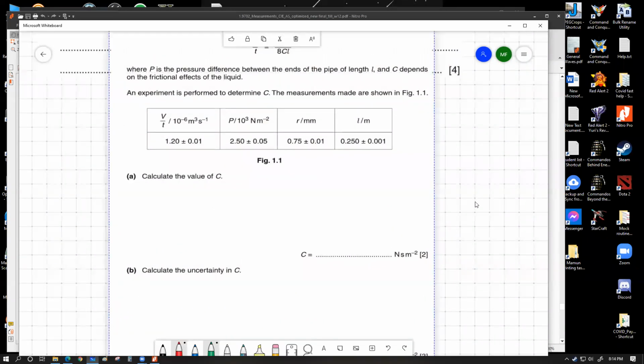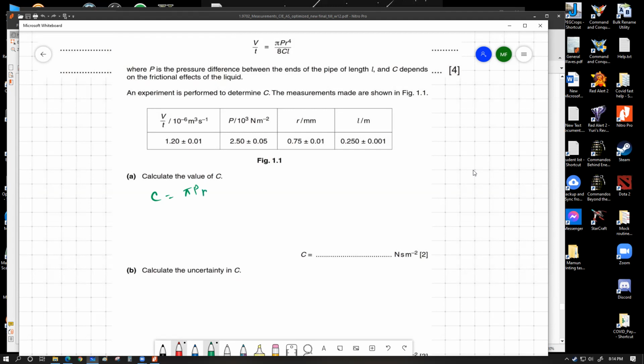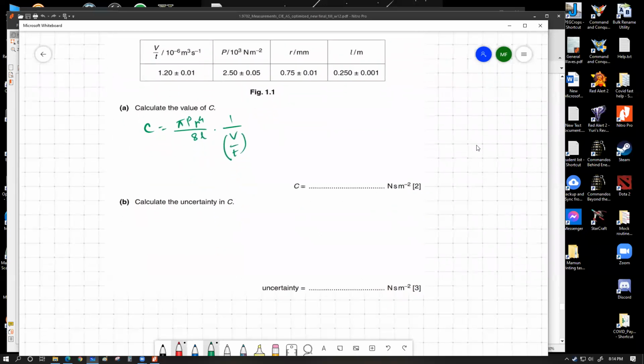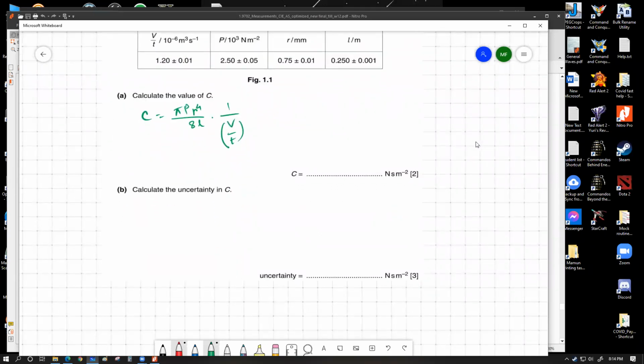আচ্ছা, এখানে আমার ইকুয়েশন হচ্ছে V by T equals to pi PR to the power 4 divided by 8CL. We are trying to calculate the value for C. তাহলে এখানে C এর ইকুয়েশনটা আমি আগে লিখি। C এর ইকুয়েশনটা হবে pi PR to the power 4 divided by 8L multiplied by 1 by V by T. এই হচ্ছে C এর এক্সপ্রেশন। তাহলে এখান থেকে যদি আমরা uncertainty equation লিখি,